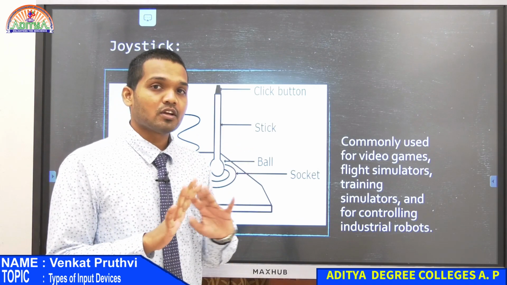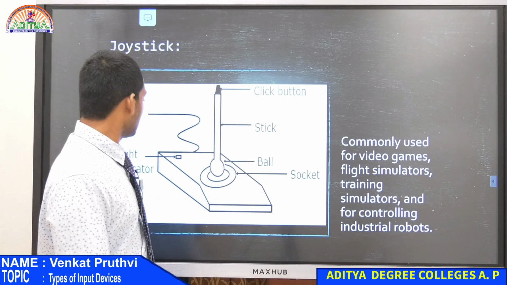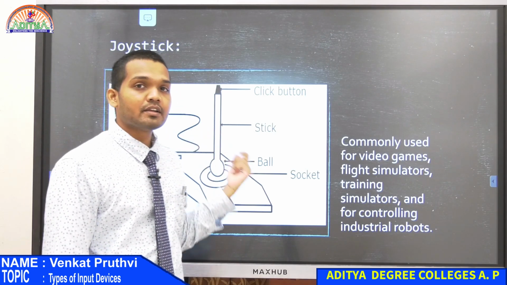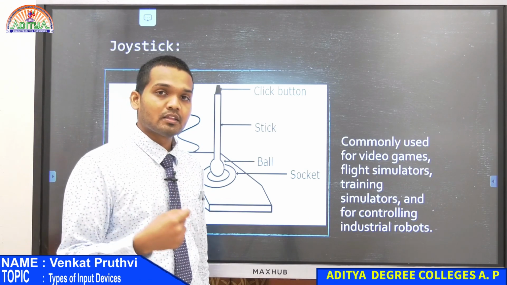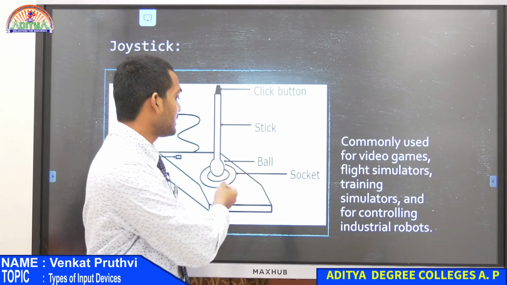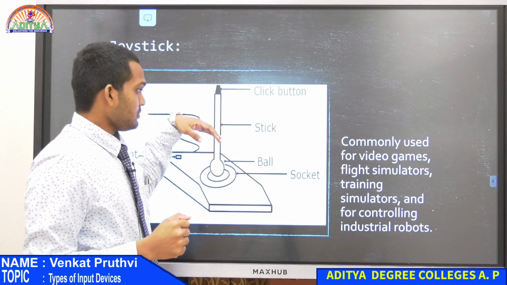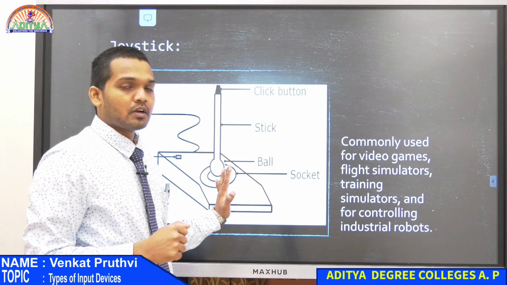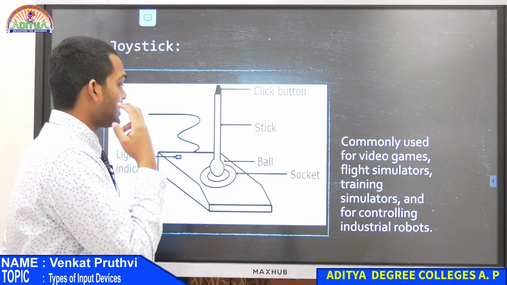We didn't have wireless joysticks in the starting days. We only used to connect it with a wire like this, and when we connected it, there was an indicator which was showing us that you are getting a power supply to this joystick, and it's ready to operate. Now first we'll discuss this model, and then I'll tell you 2-3 different kinds of joysticks. So what is happening here?